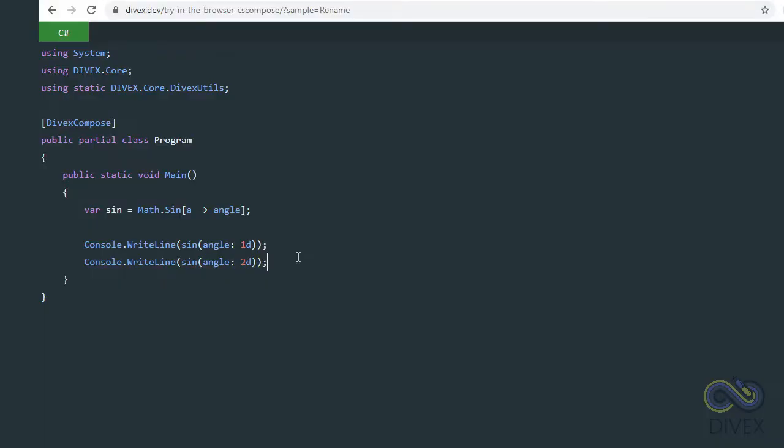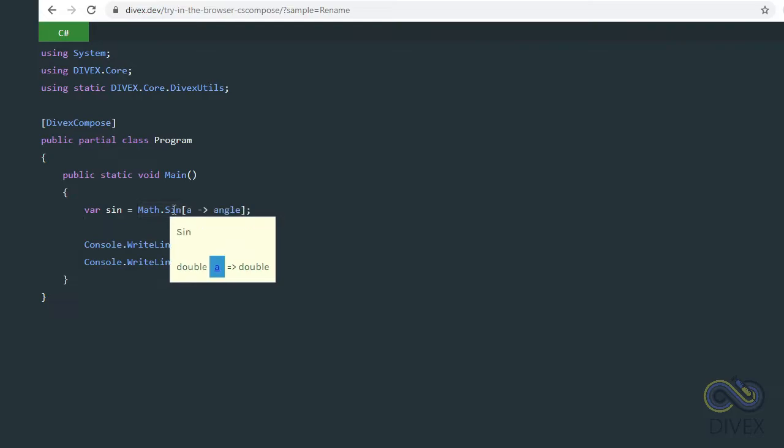Hello, in this video I'm going to talk about the rename operator in DIVEX. So this code here is written in a language called composition language 1. Here I have a program class and a main method, and here I'm using the math.sign method from the